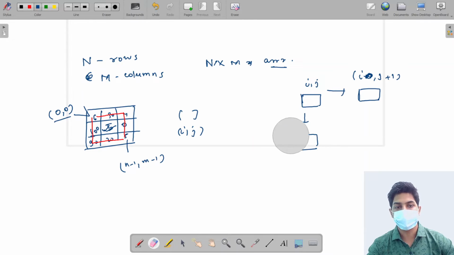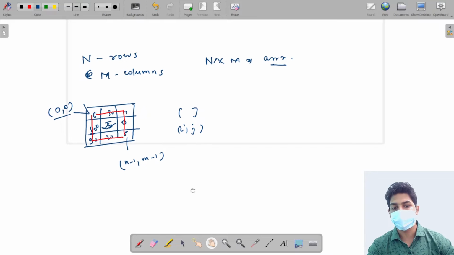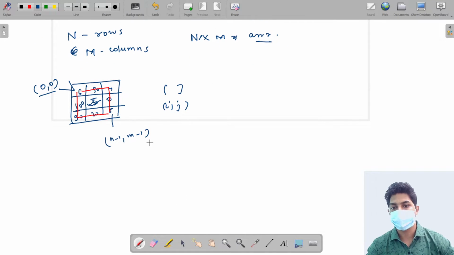So now let's see how we can come up with a solution. If I am on a particular cell, I can either move one step horizontally or one step vertically. I cannot move any further than that, and I cannot take a jump directly to the final point.